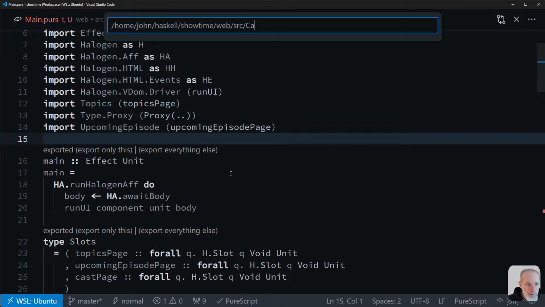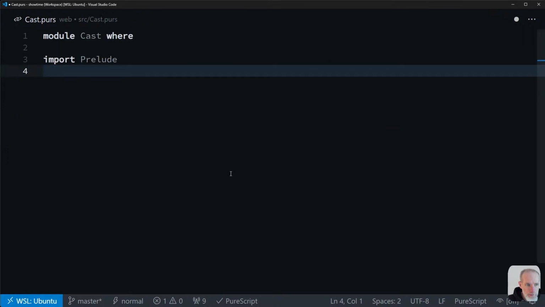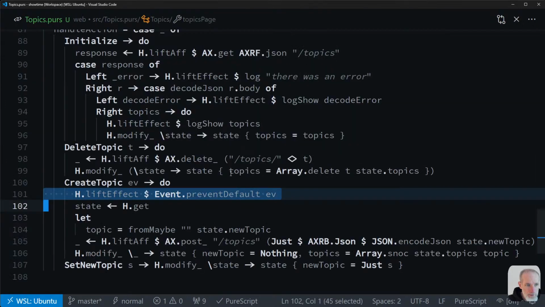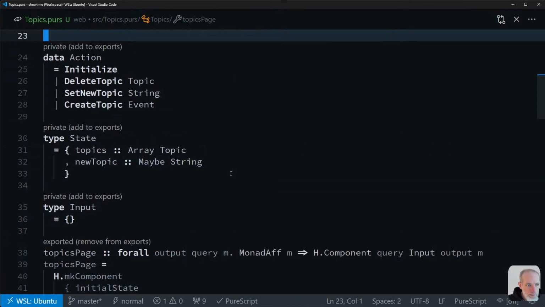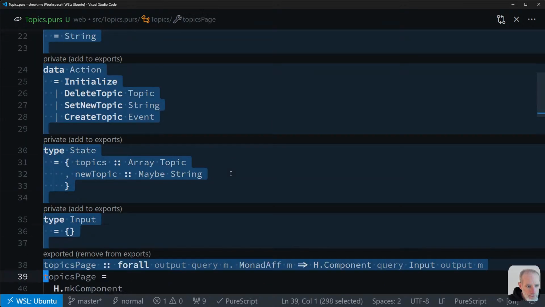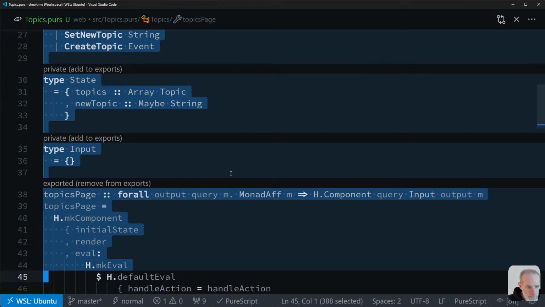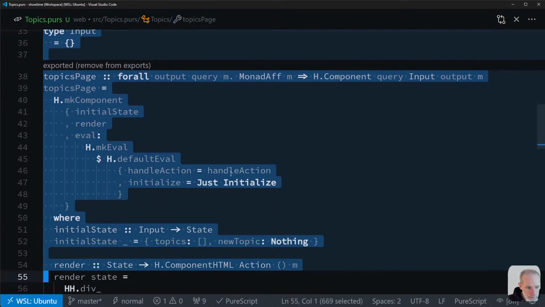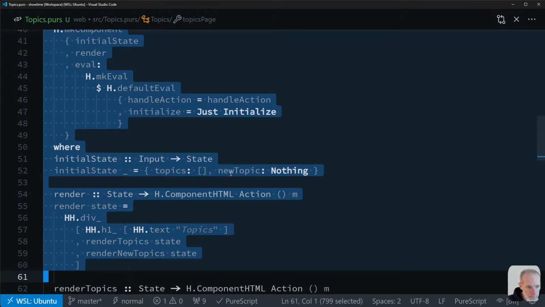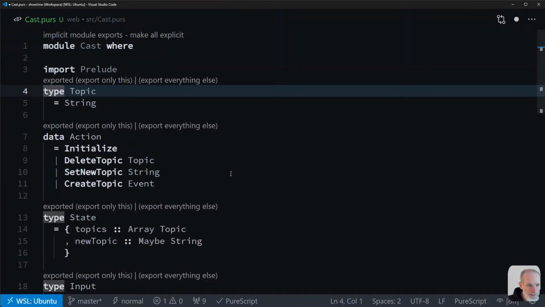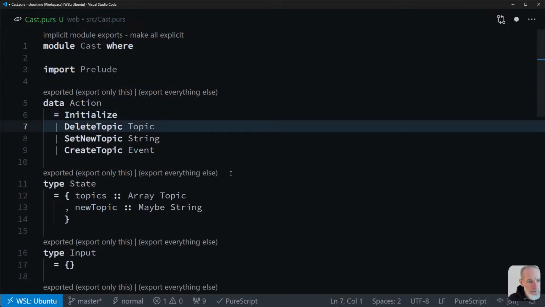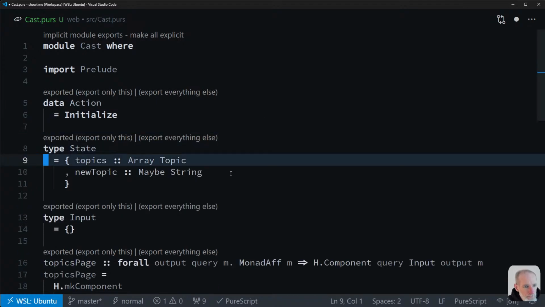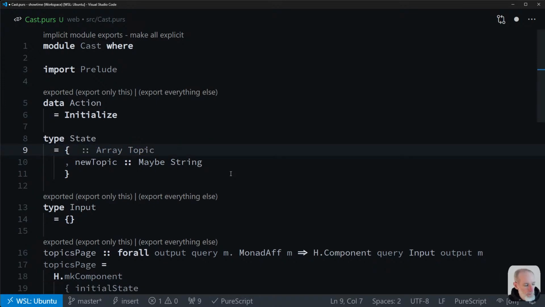So let's create a cast.PureScript, and we'll just take a look at topics because it's going to be kind of similar. So we will just grab this, I guess, as a kind of starter. Okay, we don't have topic over that, so the actions will only be initialize for now. The state, we want,